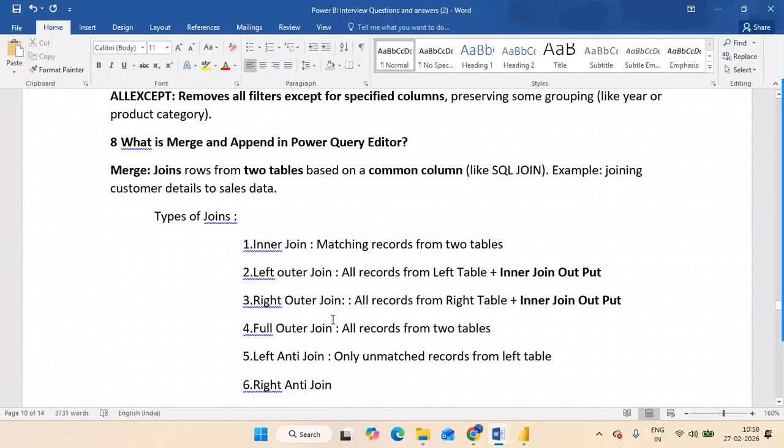Just understand it. Here, what we are saying is all the records from the left table and matching records. In all records there is a matching, meaning there are matching values from the two tables. You have to keep the two tables always in mind. Joining is always about two tables. The left table is called the first table and the right table is called the second table. In that way you have to keep it in mind.